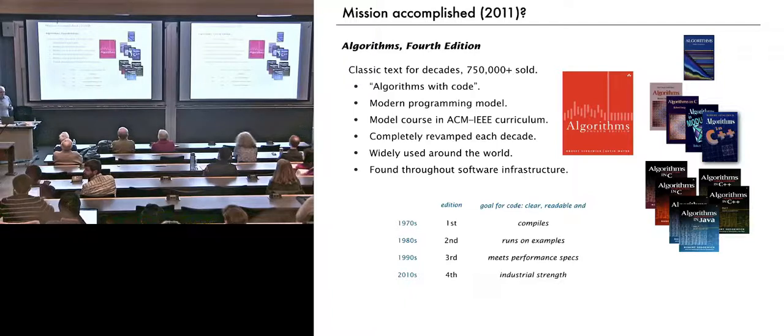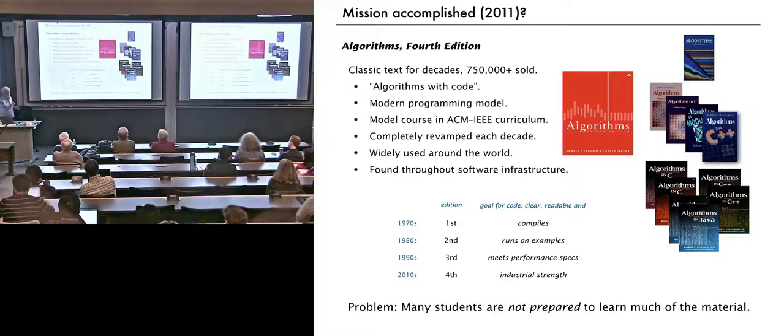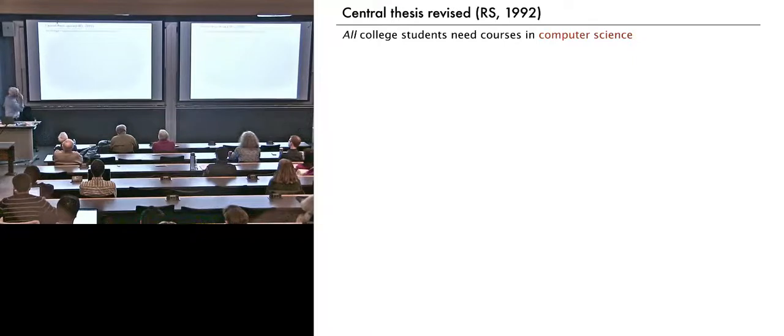But as the decades wore on, I realized that I still wasn't accomplishing the main goal because a lot of students were not prepared to learn a lot of the material. There's a lot of basic computer science that is kind of taken for granted when you come to applying this kind of knowledge to important practical problems. So I had to revise my goal, and this was about the time I came to Princeton to found the department, and I thought, well,